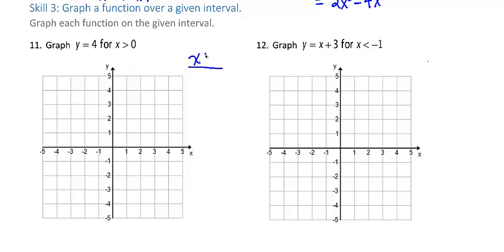And the thing we have to think about here is that we're not graphing the function over its full domain. We're going to graph it over a piece of its domain. And the domain has to be values of x which are larger than 0. So we know, for instance, 1, 2, 3, and so on. But the trick is we actually have to figure out what happens at 0, because anything greater than 0 can include 0.001, 0.5, 0.1,